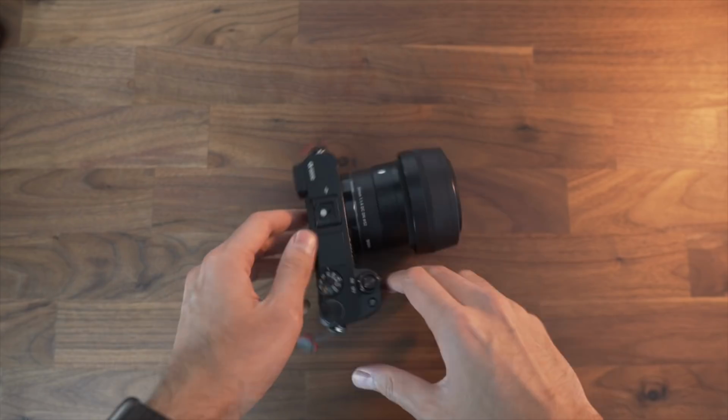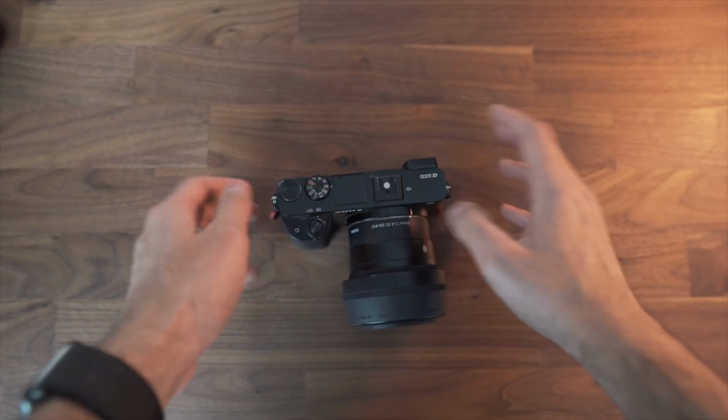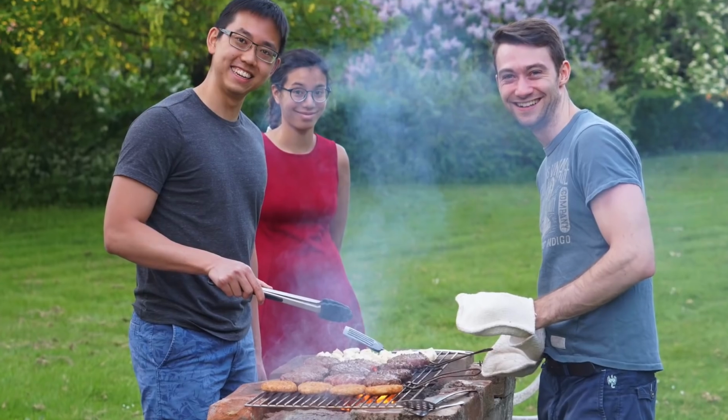But essentially this $600 setup has been the single most valuable purchase I've ever made in my life. For 2 reasons. Firstly, it allowed me to create this YouTube channel and create pretty high quality videos right off the bat, if I do say so myself. But secondly, and far more importantly, it's created a ton of memories from my time in med school, memories that I look back on and think, I'm so glad I had this